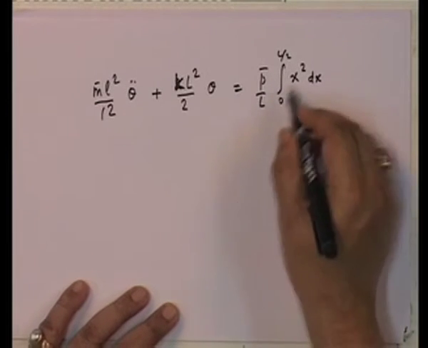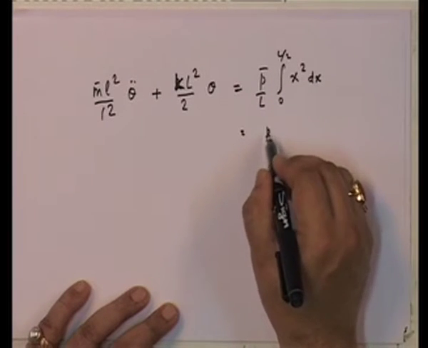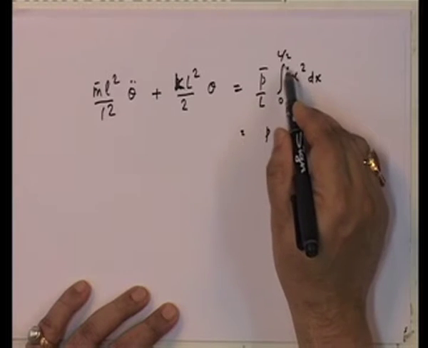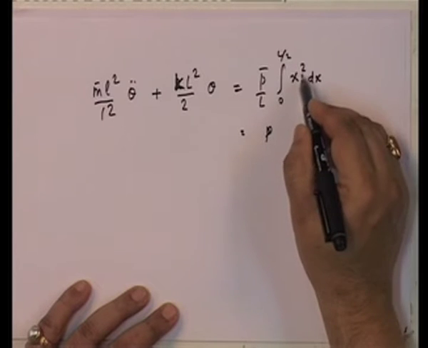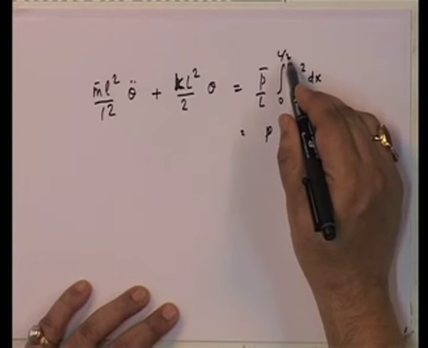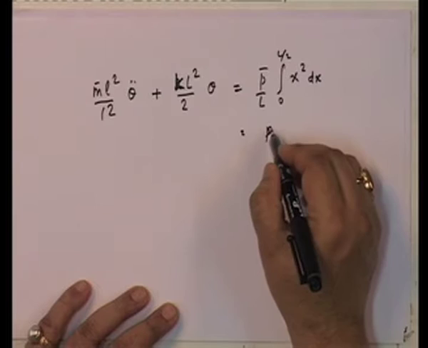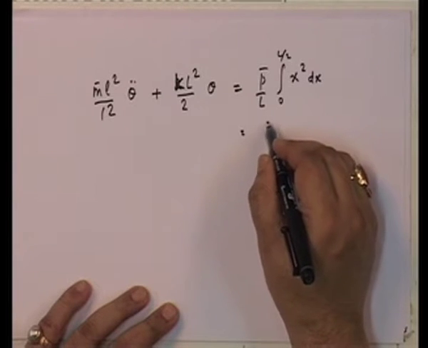Okay. And so, this becomes what? P bar L cubed by 3. So, this becomes L by 8. Okay. So, x cubed by 3. So, this becomes L by 24. So, this becomes P bar